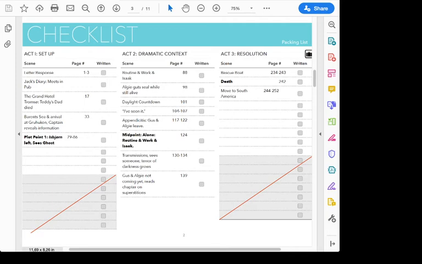And that happens between pages 79 and 86. That's our first plot point, and that sends us into the second act. In the second act, we have dramatic context, and so we see this routine and the work, and we meet some other characters. We see one character whom we don't really like very much, gutting a seal while it's still alive. There's also then the daylight countdown, and the daylight countdown increases the tension dramatically because we know that